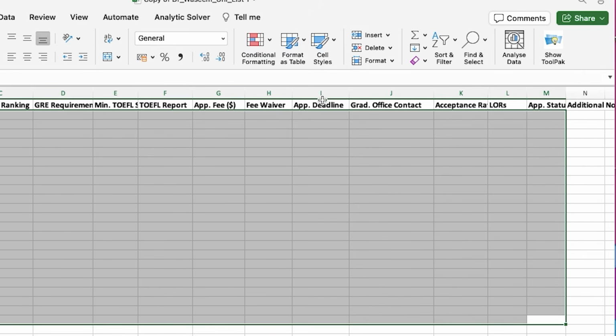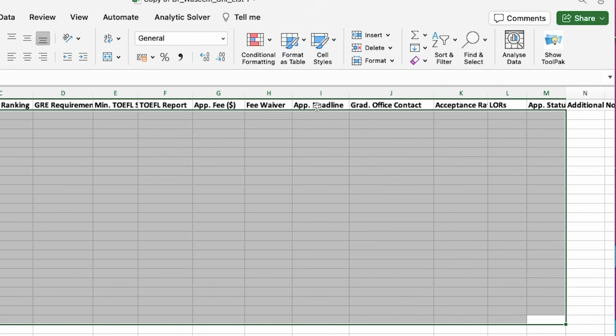Similarly, in I column, I have application deadline. Some universities have a strict deadline and they receive the applications before the deadline, and then once the deadline is passed, they do not receive any new applications, and then they review the applications and make decisions. Some other universities have admissions on a rolling basis. Rolling admissions is basically that they accept the applications almost all year round, and then they make decisions as